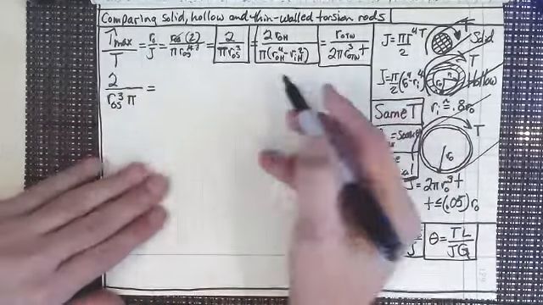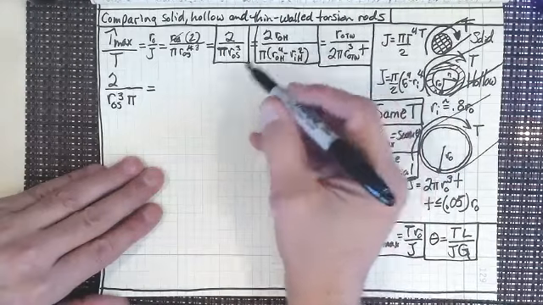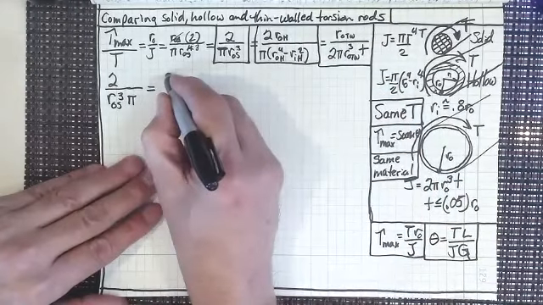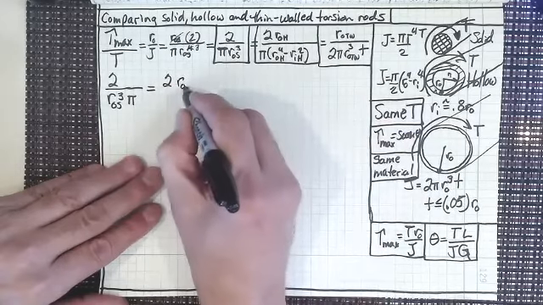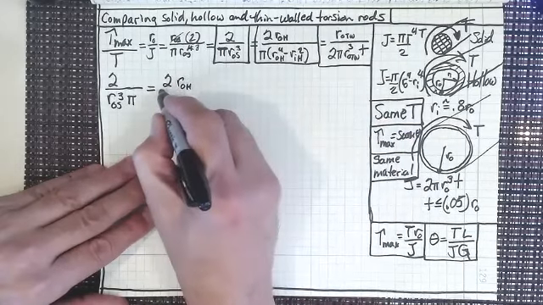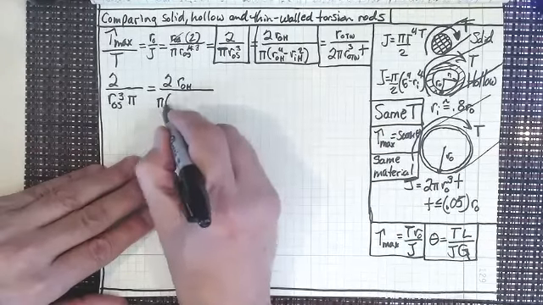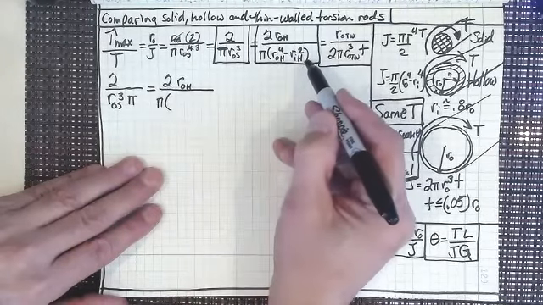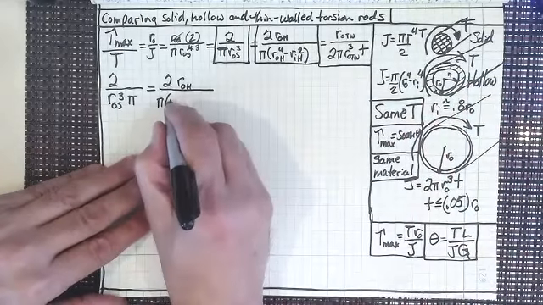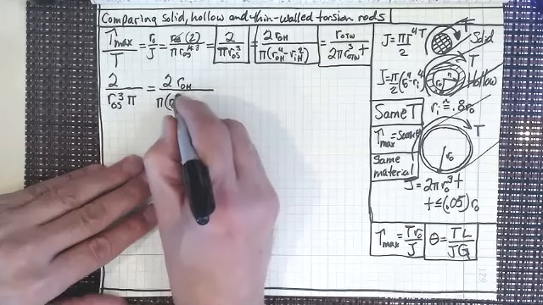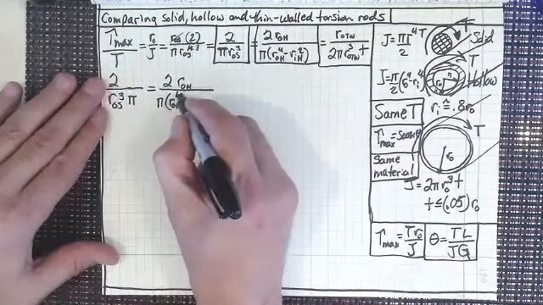Now, we want to talk about R outer, so 2 times R outer of the hollow shaft divided by, now what I want to do is substitute in here. So pi, and then R outer of the hollow shaft, R inner of the hollow shaft is 0.8, right? So it's going to be R outer of the hollow shaft to the 4th,